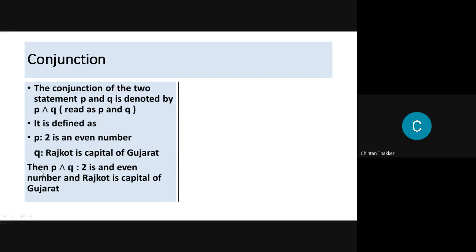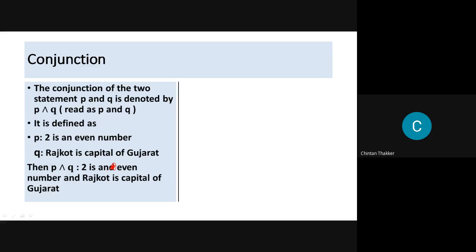Then the conjunction statement P and Q is given by: 2 is an even number and Rajkot is a capital of Gujarat.